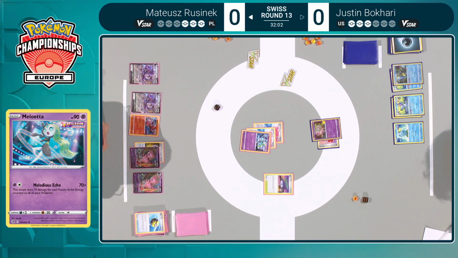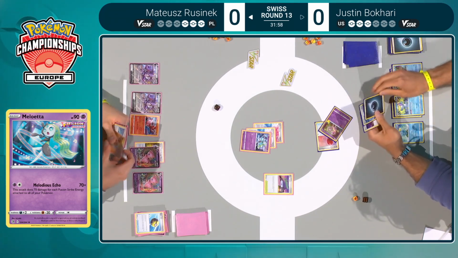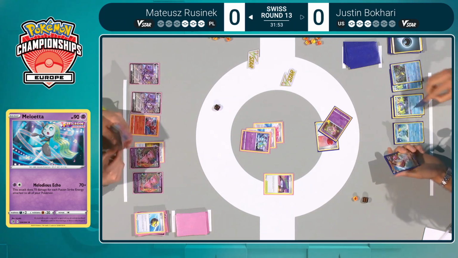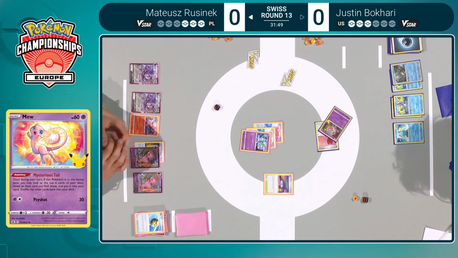Something to note, Mateusz does play 1 copy of Scoop Up Net, which is used in this deck to get that Pumpkaboo out of play if Mateusz ever starts it or utilizes it and then wants to clear that bench spot up. So if Justin goes for this route of using Assault Gate on the Hoopa, trying to set up